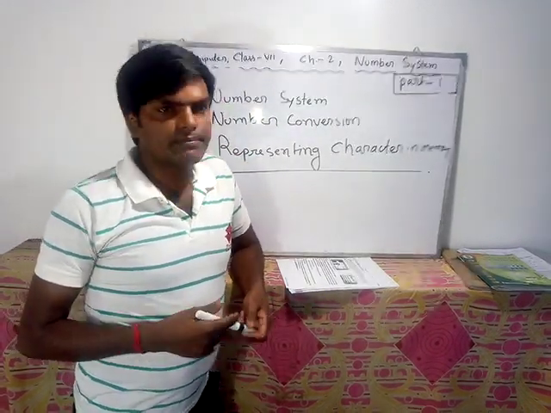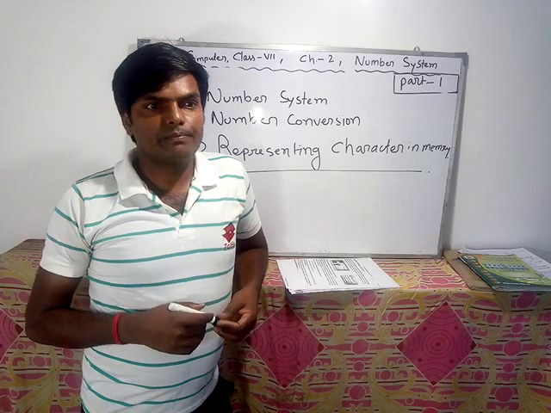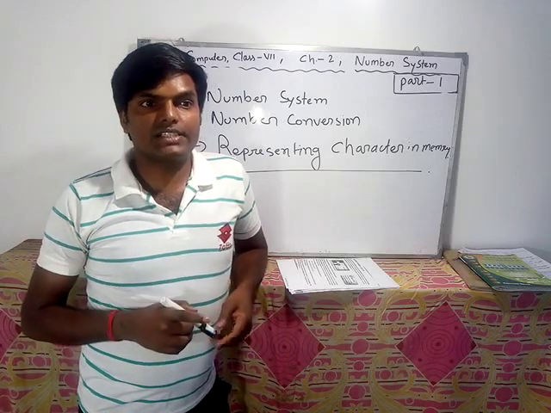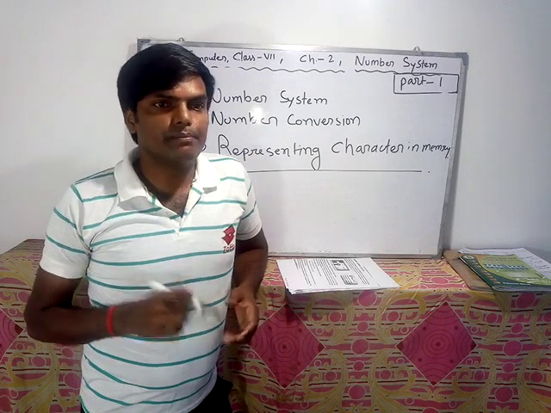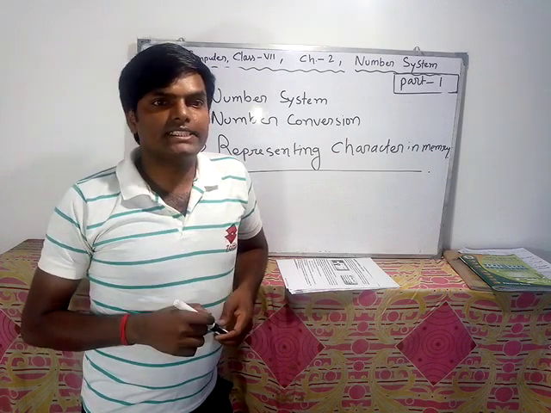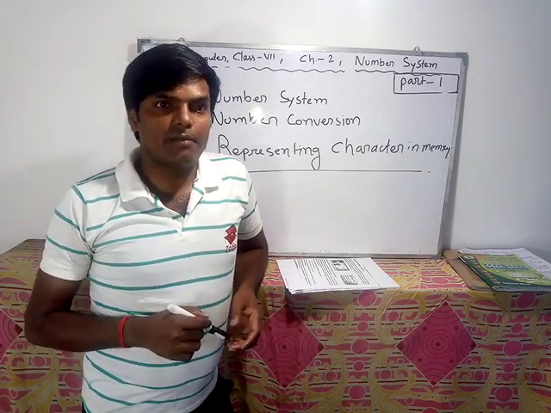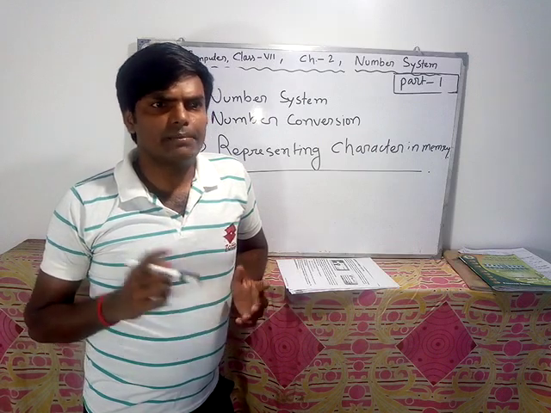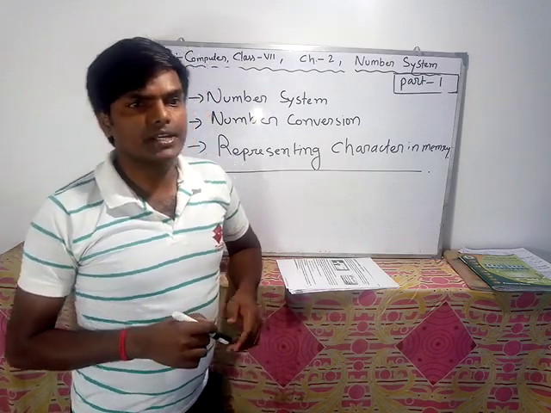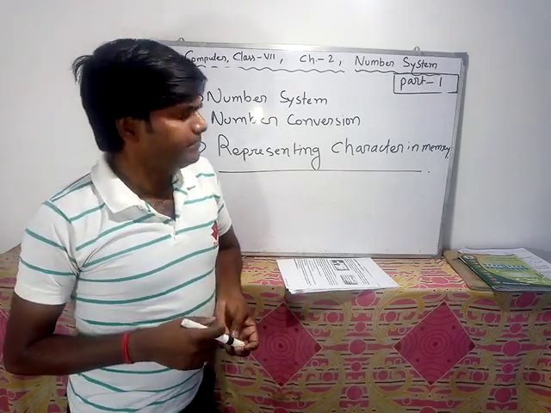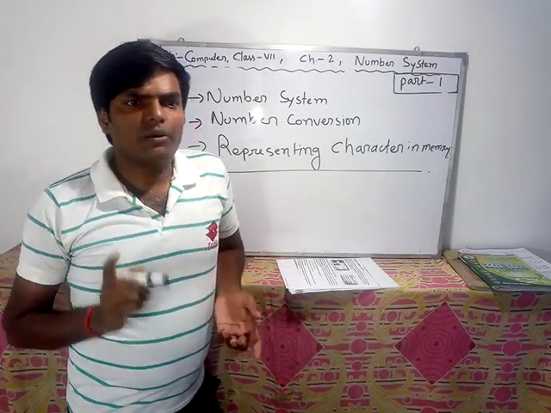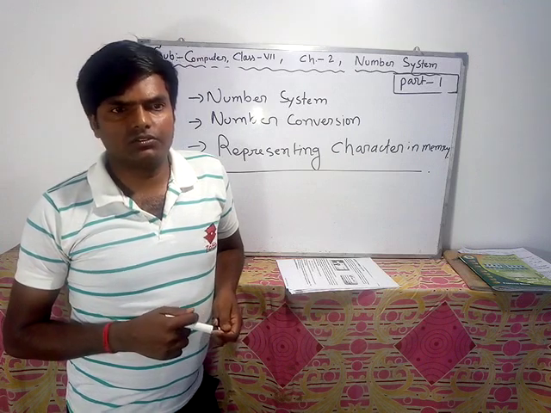What is a number system? A number system defines a finite set of symbols or digits that are used to represent numbers. Computers represent, manipulate and store information as numbers. Clear?